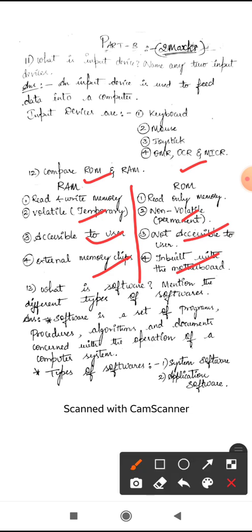The next question is, what is software? Mention different types of software. Software is a set of programs, procedures, algorithms and documents concerned with the operation of a computer system. Whenever you have the hardware of the computer, to work with that hardware you have to use the software.